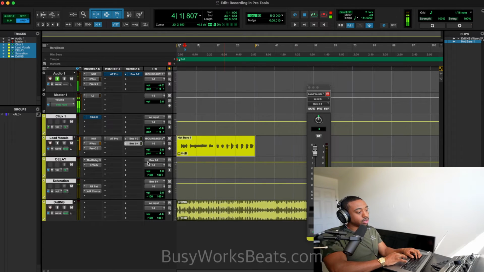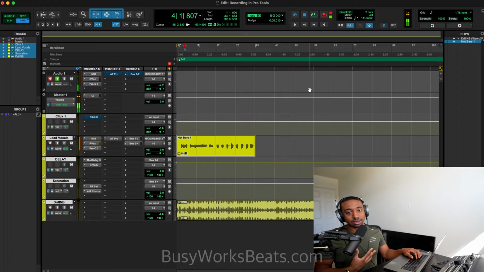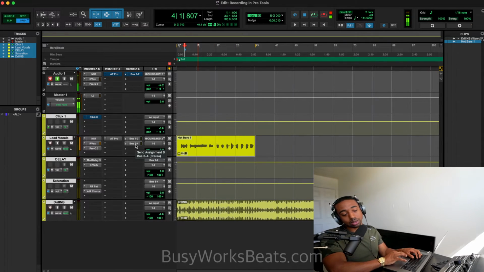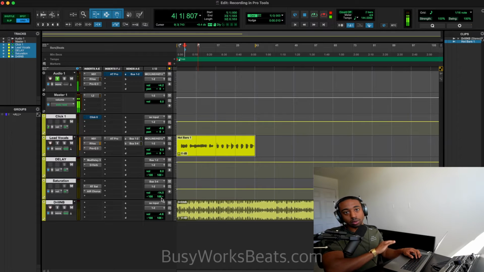Most people would go to their send and turn that down, but what that's going to do is actually affect the saturated sound. It's not going to sound saturated. We need the volume to be loud going into the saturator. We need the volume to be lower coming out of the saturator. So let's lower the actual track of the saturator so that we just lower the effect, but we don't take away the effect.